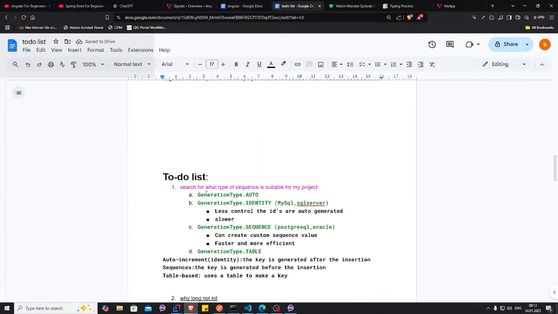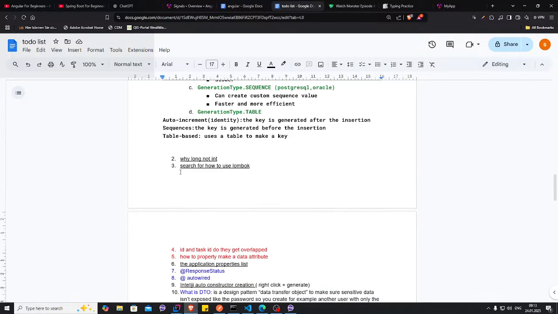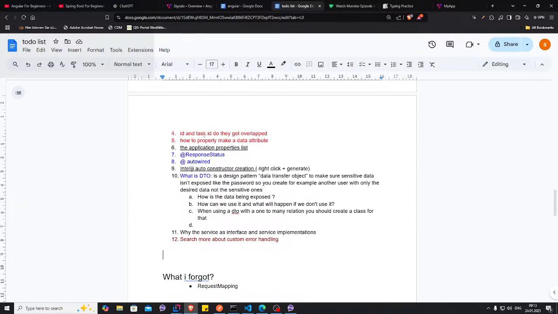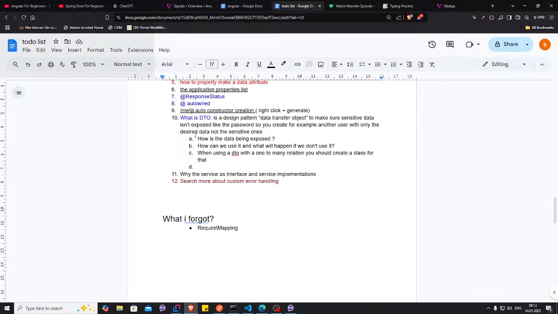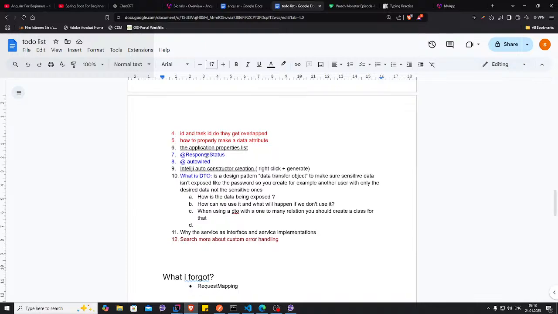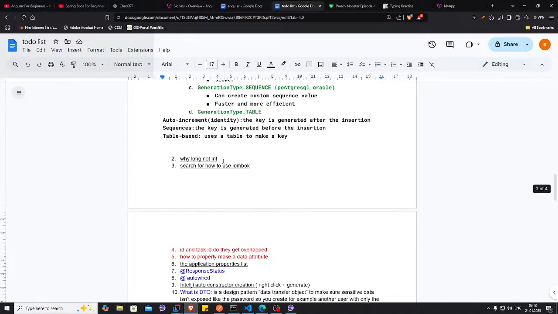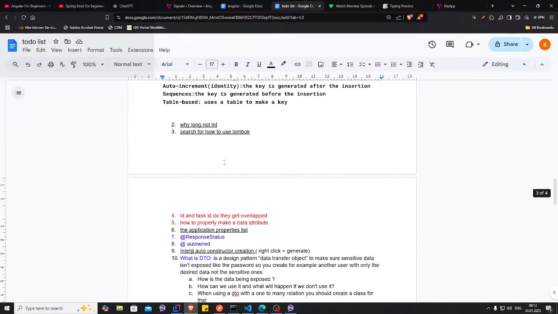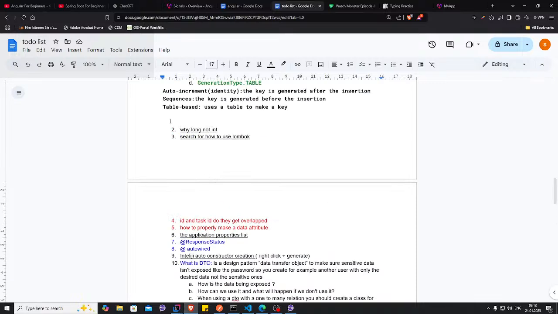Now let me check what are the other things that I was trying to search. ID and task ID, do they get the response status autowired? Okay, never mind. So I think that will be it for the coding part of today,